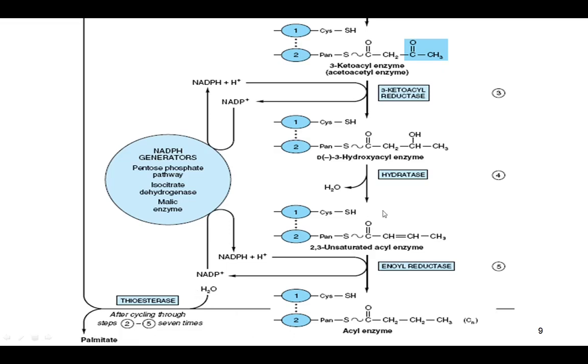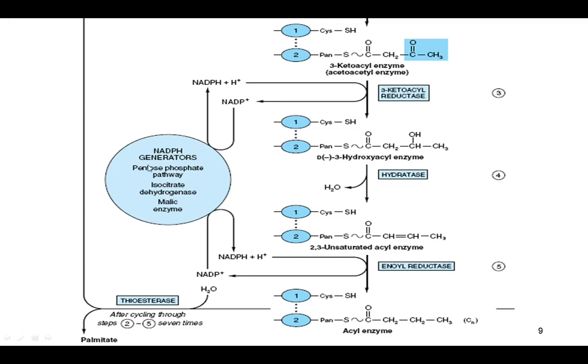Okay. Now another thing you have to remember is, a very important cofactor required for this fatty acid biosynthesis is NADPH. So from where this NADPH is coming and where this NADPH is getting utilized? So NADPH gets utilized in 2 steps. But the good thing is both the step names are reductase. So ketoacyl reductase enzyme uses NADPH as substrate and enoyl reductase uses NADPH as substrate. And it forms NADP.